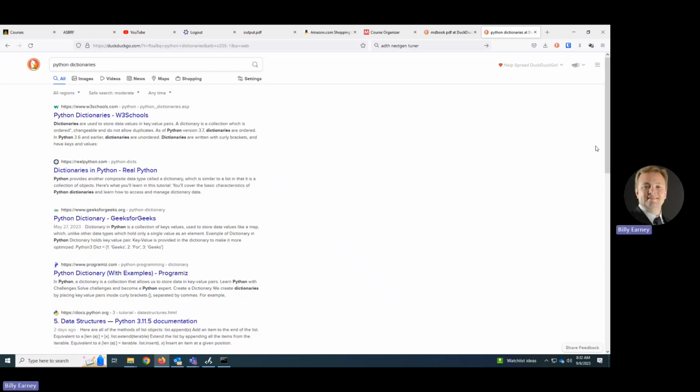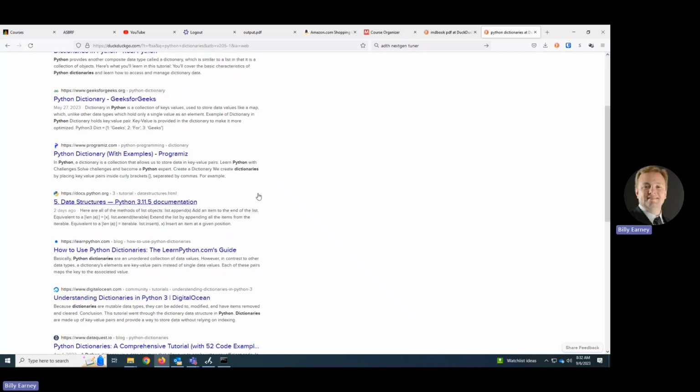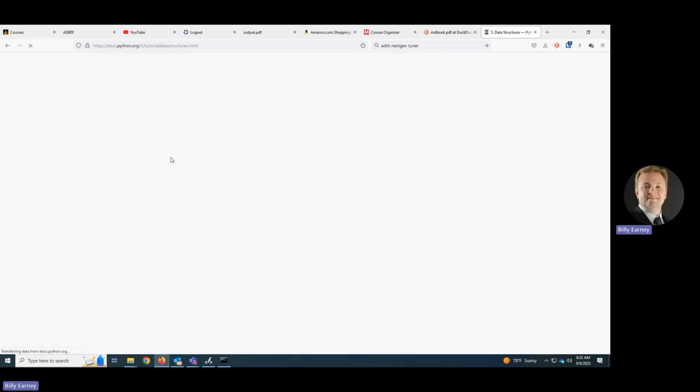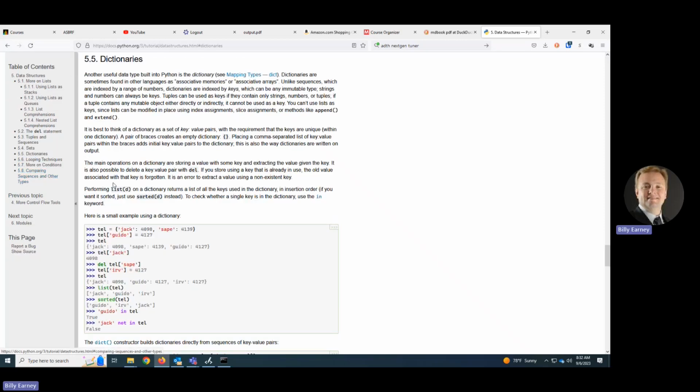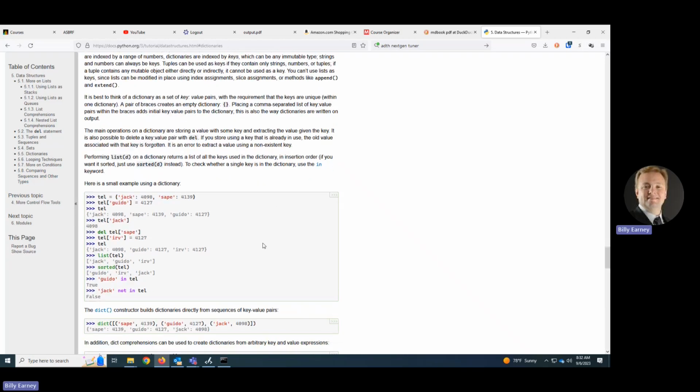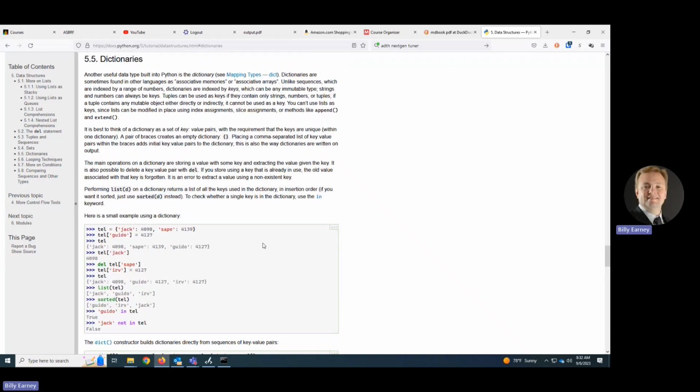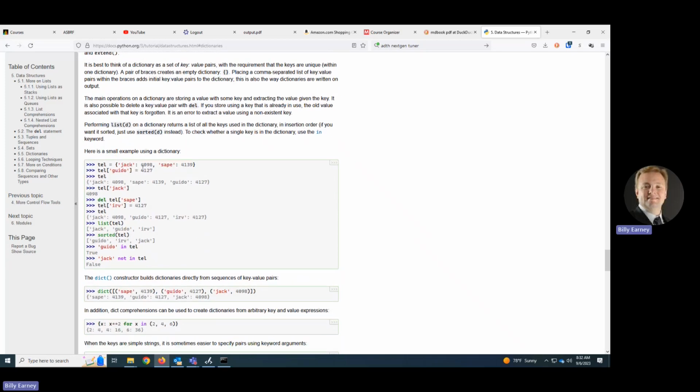And the data structures, actually, the official docs may be a little bit complex, but this is definitely a great place to go learn about different things. Like, for example, here we've got data structures, and we want to come down here where it says dictionaries. And here's some examples here. So there's tons of examples here on how to do different things. You can read about dictionaries up here, and then down here, here's some examples that shows you how